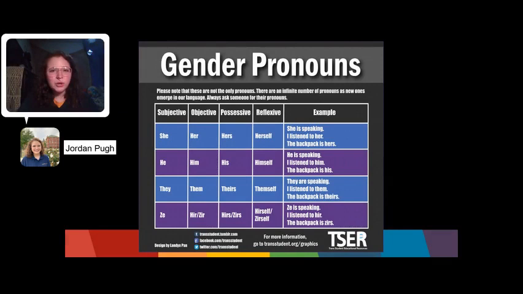Commonly listed gender pronouns include she, her, hers, herself; he, him, his, himself; they, them, theirs, themselves; and ze, zir, zirs, zirself. We've all misgendered someone or misused they as a singular pronoun, so understanding the proper usage rules prevents those awkward and sometimes even harmful situations. In saying that, mistakes do happen.